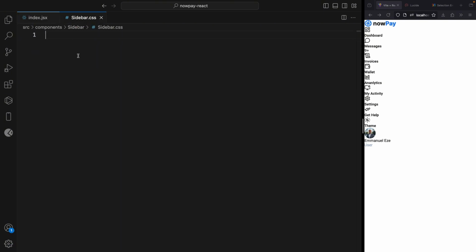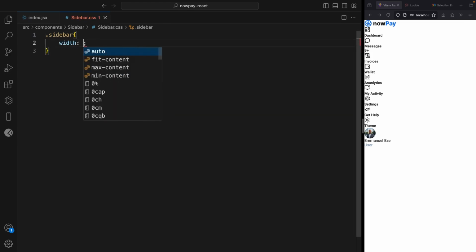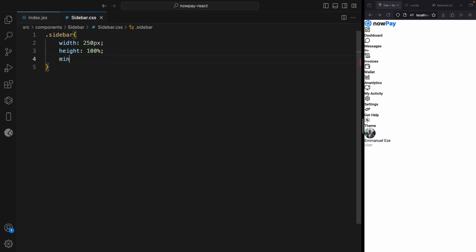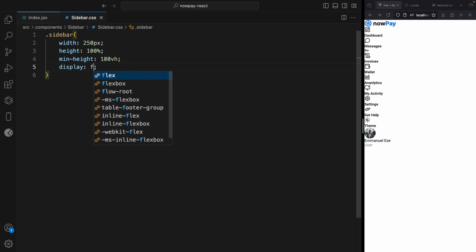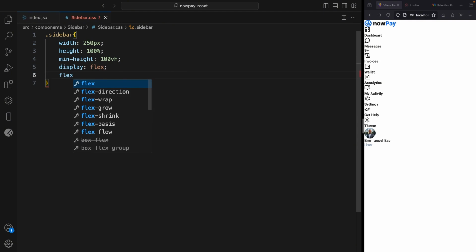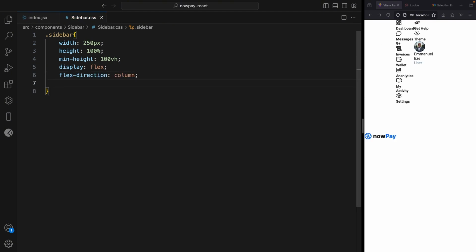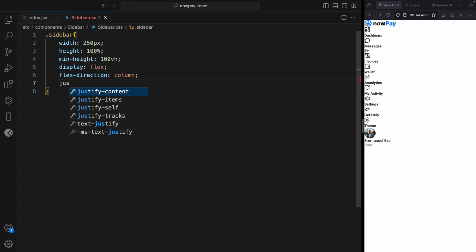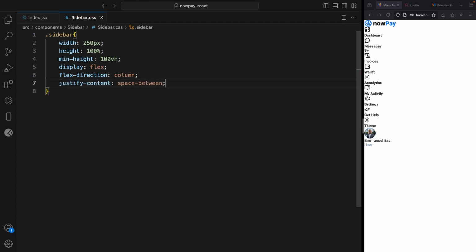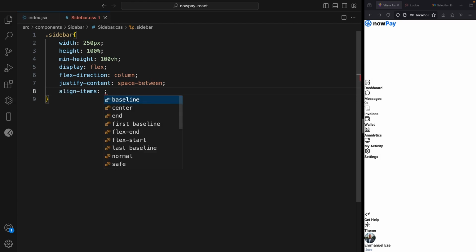All right, so we're going to make use of it here, and let's say the width should be 250 pixels, height should be 100%, but then the minimum height should be 100 viewport height. Display to be flex, and we'll make the flex direction to be column, and we justify the content to space between, align the items to stretch,